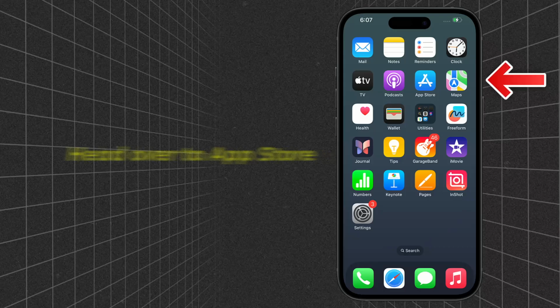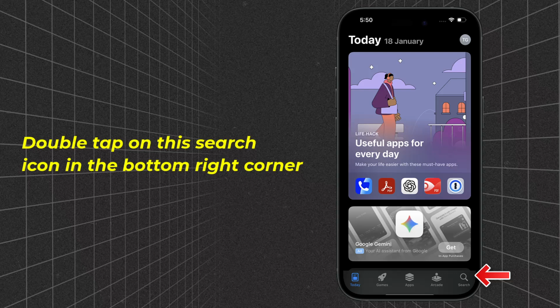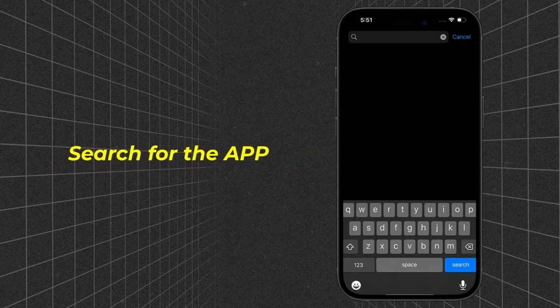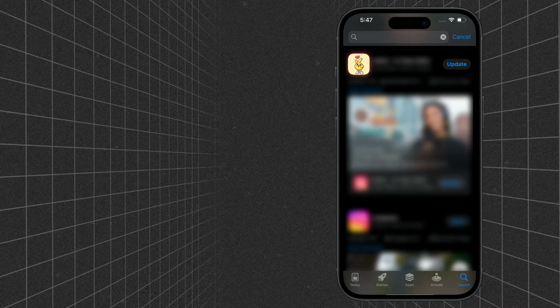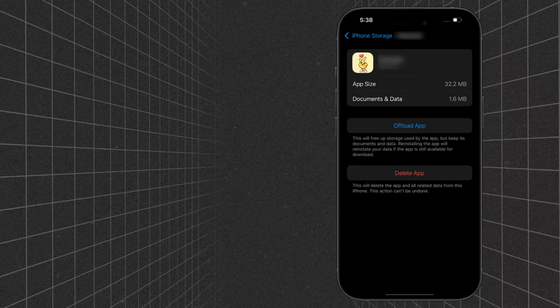older version. Head over to App Store. From here, double tap on this search icon in the bottom right corner, and then search for the app. Once the app comes up in the search result, and if you see this update button right next to the app, simply tap on it to make sure you're running the latest version of the app. However, if you continue to encounter this issue, then you will need to completely reinstall the app, which usually resolves